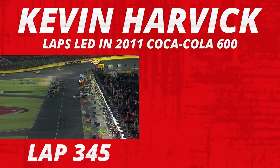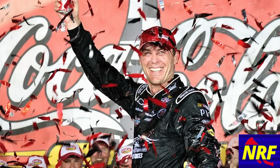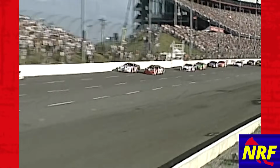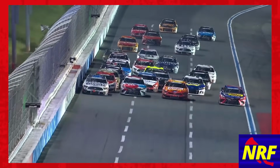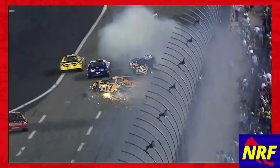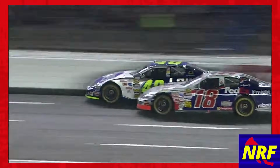Lap 345, and the one that paid all of the money, lap 400. As of 2025, Kevin Harvick's 2 laps led in this race is the least amount by a winner of the Coca-Cola 600. This is just a testament that NASCAR's longest race can often come down to the final seconds. The thing that stuns me the most is that even the longest Coca-Cola 600 in history produced the race's closest finish. Instances like 2005 just adds more allure to the